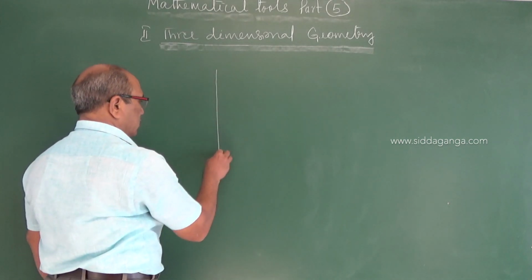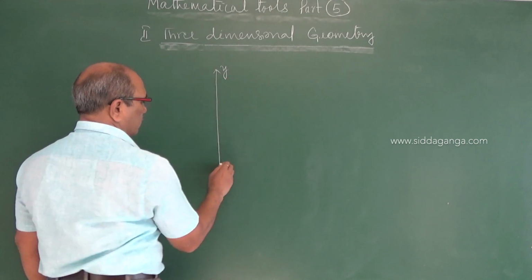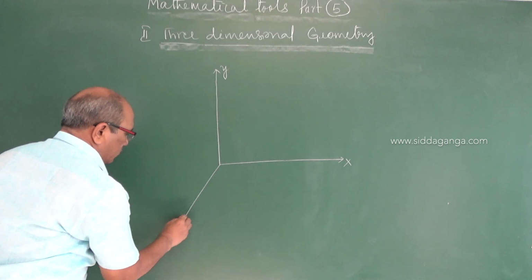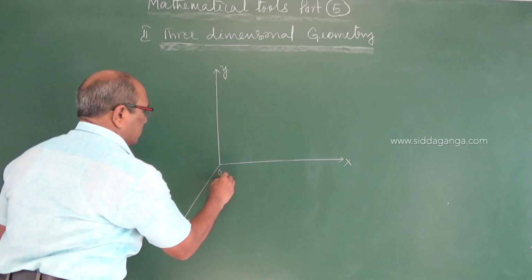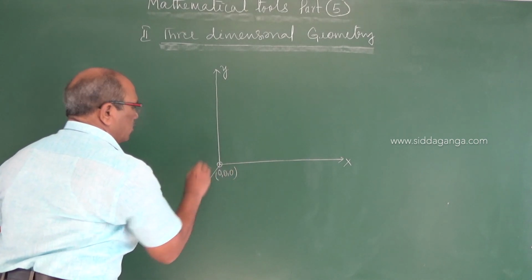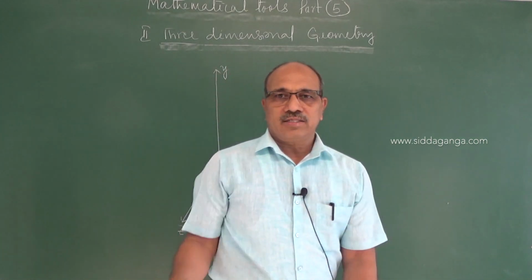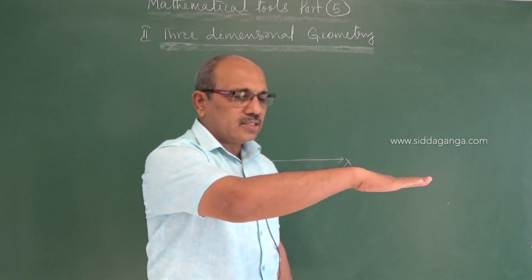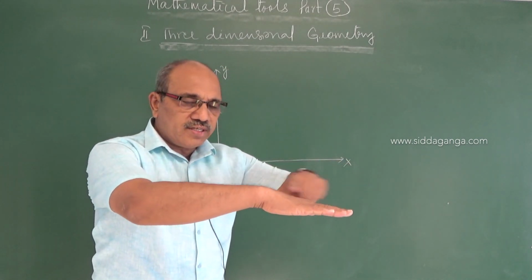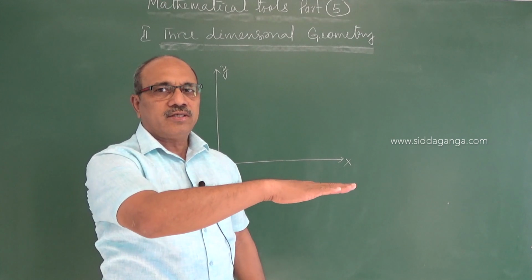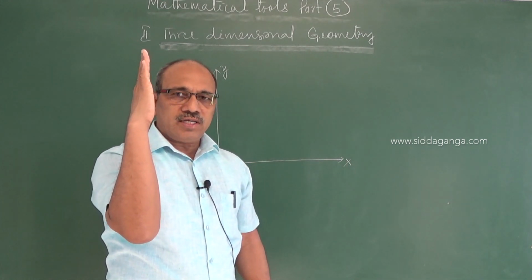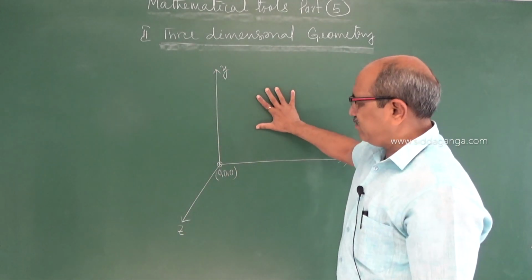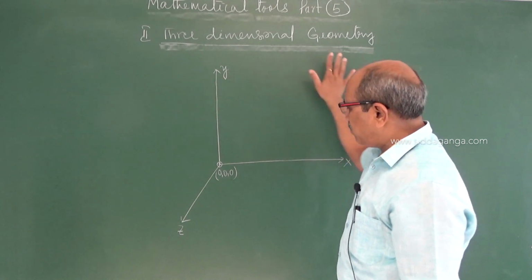So let us take this as the y-axis, variation along the x-axis, and the third dimension we are taking is the z-axis. Coordinates are 0, 0, 0. It is the origin of the 3 axes, the intersection of the 3 variables. I told you again, the x-axis is parallel to the ground as a reference line, and perpendicular to the ground we have taken as y. But x and y together define a plane, the xy plane.